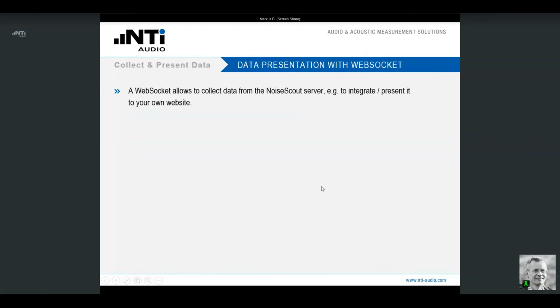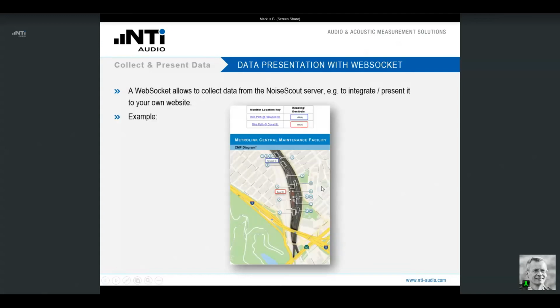Now, the third option, as you remember, the WebSocket. The WebSocket is a possibility to collect real-time data from a Noise Scout server, from a noise monitor, and to integrate and present them, for instance, to your own website. And I'm going to show you an example here from one of our customers.